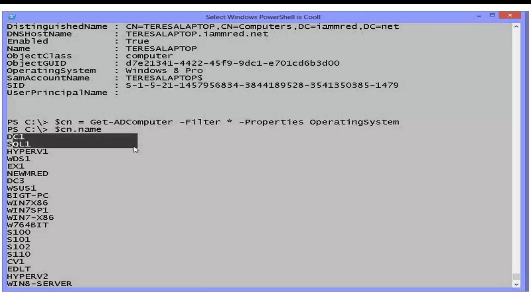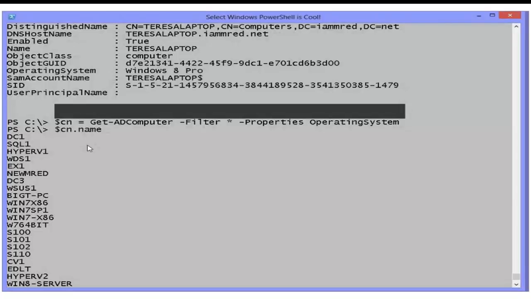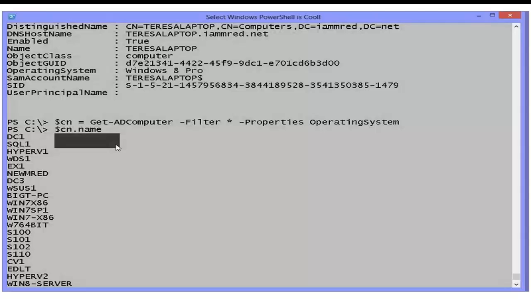And I said, those things are cool, they're great, I use them, but this syntax right here, of just having a collection of objects stored in a variable and then being able to access any property out of that collection by just saying $CN.name, is something that I use every single day, multiple times a day, 4, 5, 6, 7, 8, 9, 10, 24,000 times a day, depending on how busy I am. And this is a really, really cool feature. Now, could I get this information in 2.0 or 1.0? Of course. You do a foreach, you walk through it,